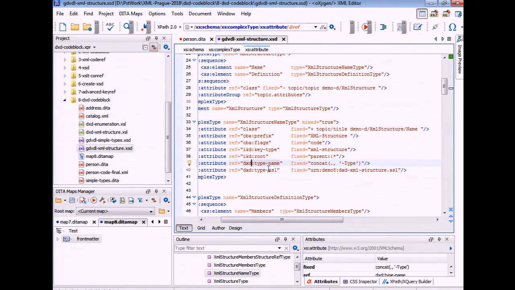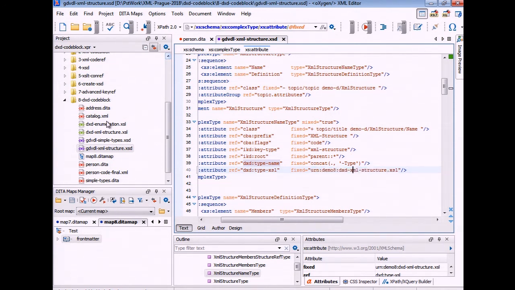And I have another two default attributes, DX default dynamic XML definition: type name, and type XSL. This is the name of the XSD type that will be defined by this structure. It's just the name with the attached type, and I provide some XSL script that will create an XSD definition